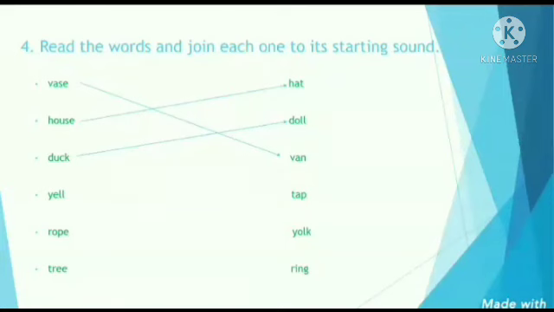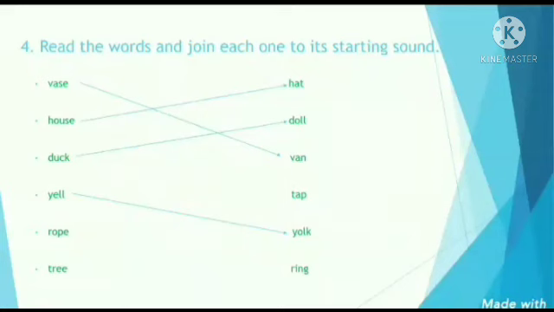Now, next example. Yell. The starting sound is Y. So, let us see the B column. We have finished hat, doll and when. So now we will take another word, that is tap. Starting sound is t. We don't want t. We want ear. So let us go to the next word. The next word is york, year. Oh, we want ear sound only. So we are going to match this yell with york.